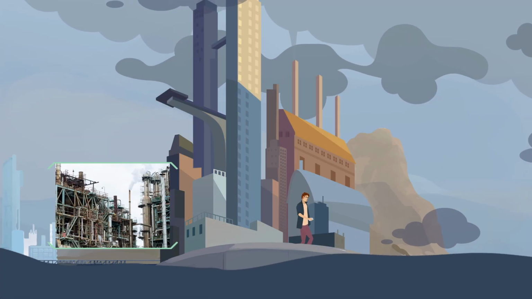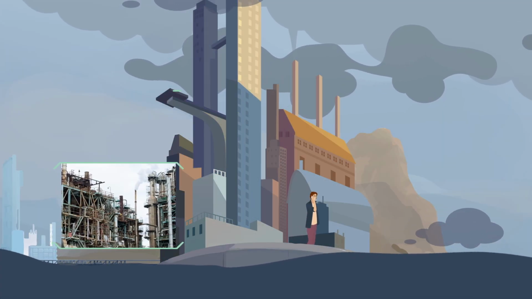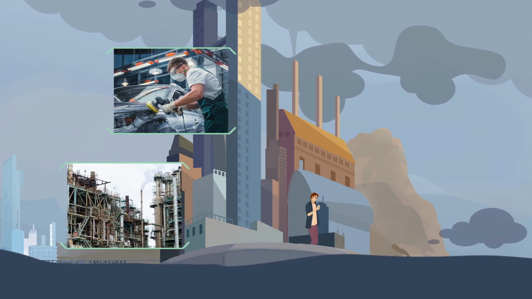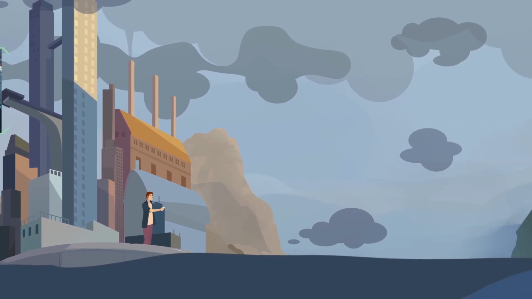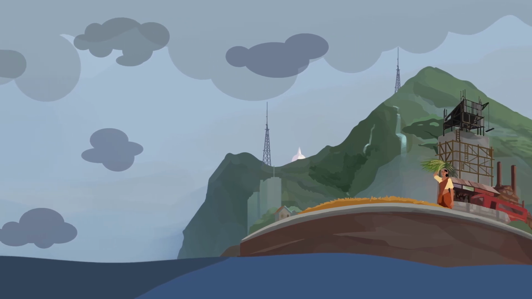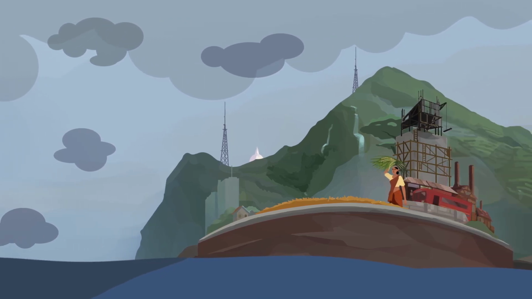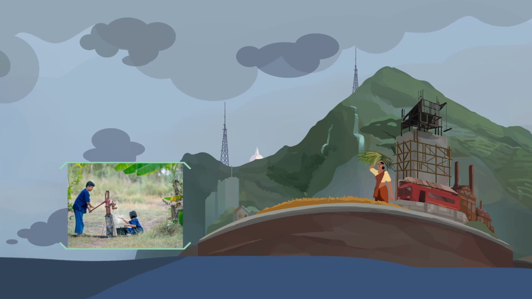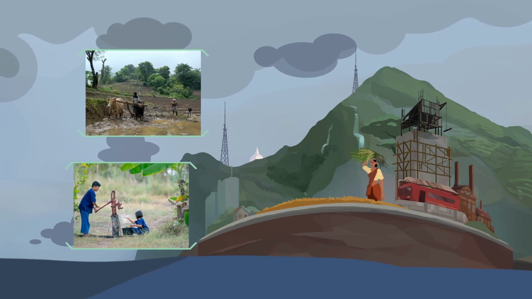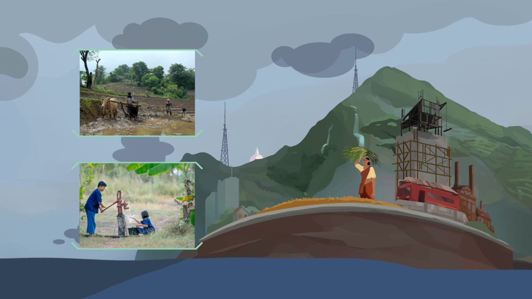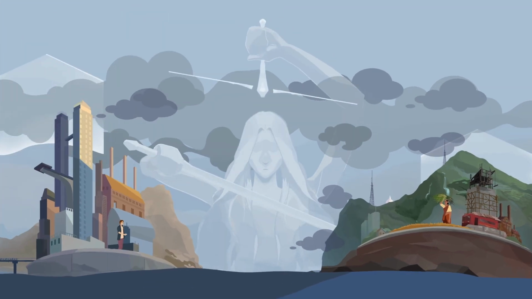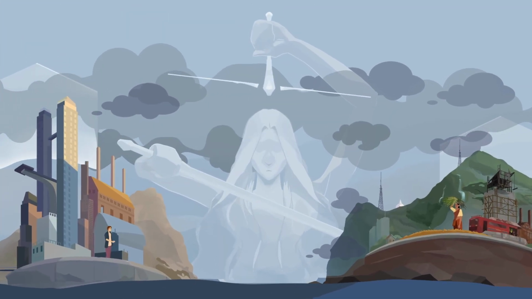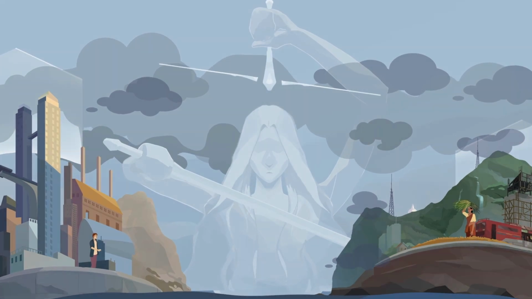And while industrialized countries are mostly responsible for these excess emissions, the impacts of climate change are unequal and affect developing countries more severely, where communities are often poorer, more vulnerable, and do not have the resources to deal with the impacts. This is also known as the injustice of climate change.